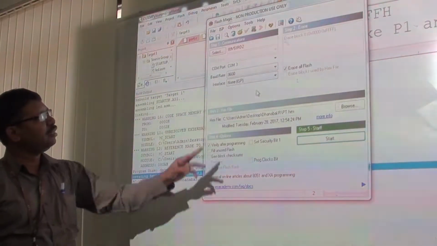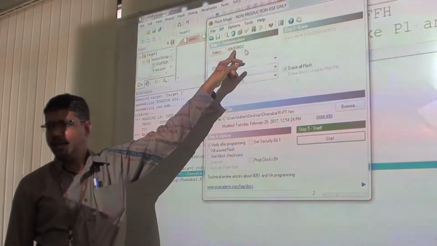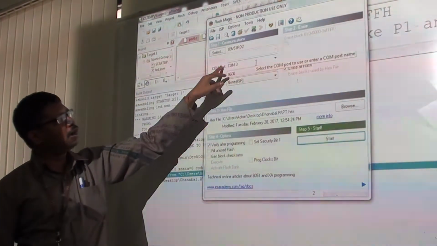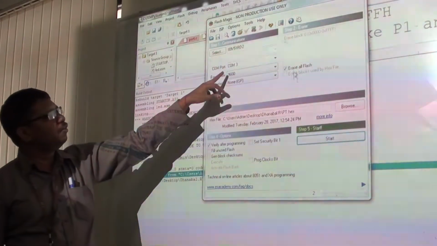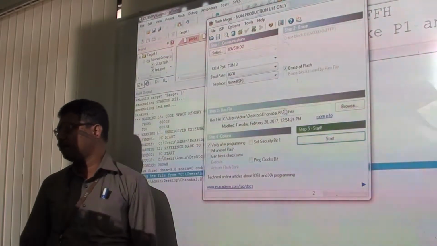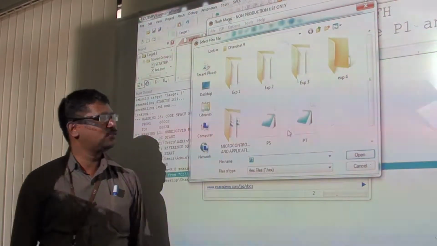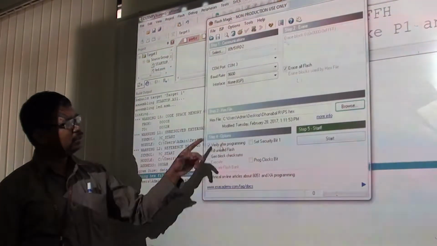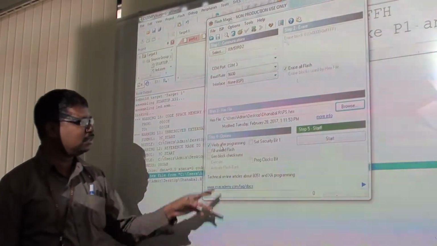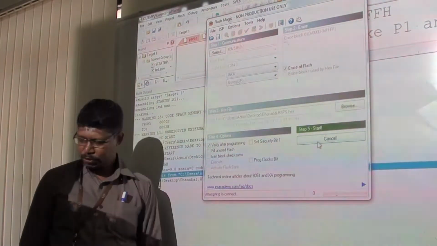Okay, so after building this file, now the procedure for dumping the code. Go to flash memory and select that particular file. Here select 89B51RD2, this is the IC which we have purchased, and then COM3 where you are interconnected. We have the baud rate as 9600. Erase the flash. We have already done a program, so we are erasing that and we are going to update it. Go to browse and select the file PS, the X file. Don't select the assembly file or C file, you have to select the X file. Verify after programming has to be enabled, and then start.